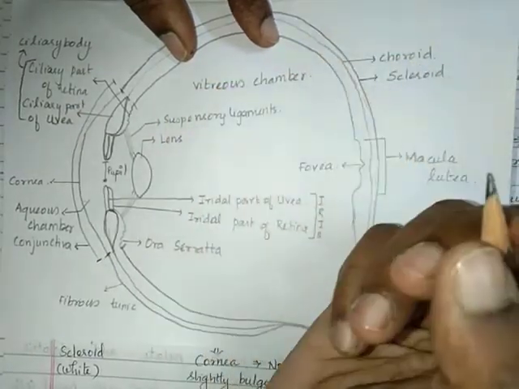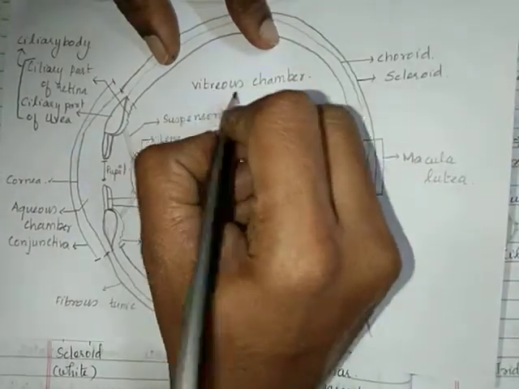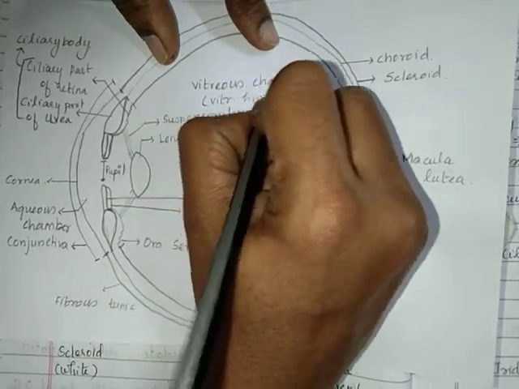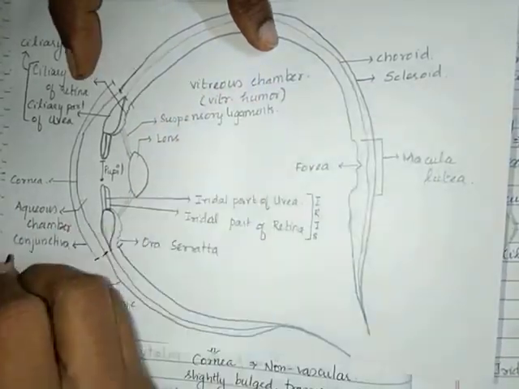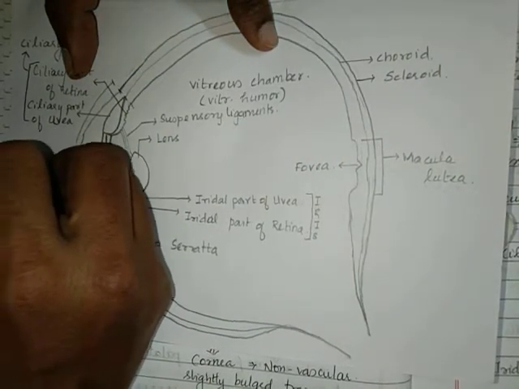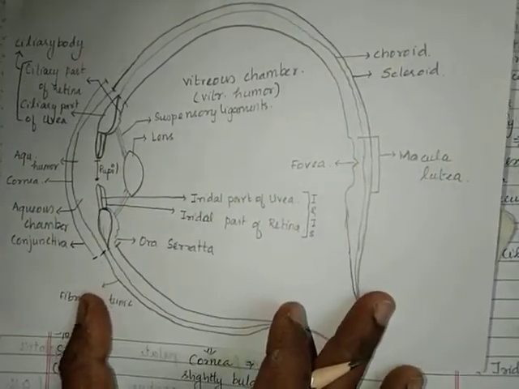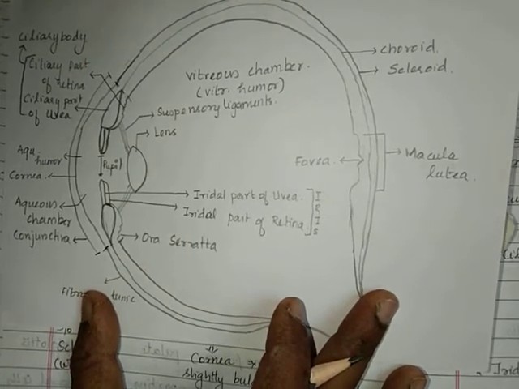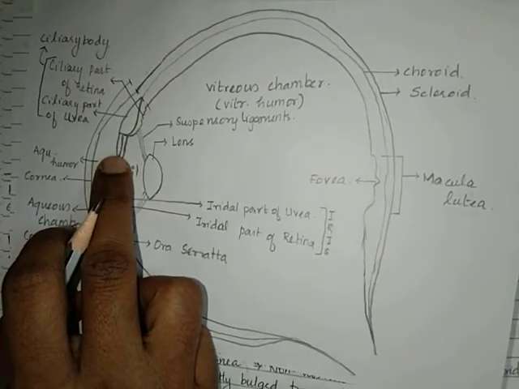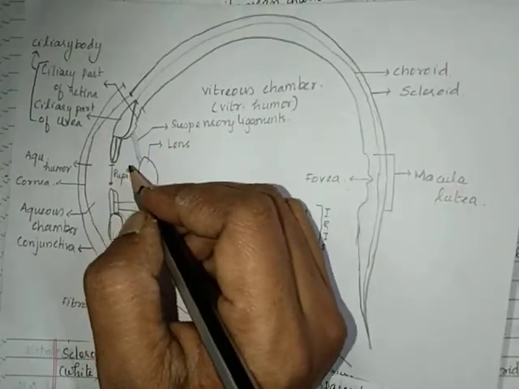The compartment is called as chamber, and these 2 compartments are filled with liquids. Vitreous chamber is filled with a liquid called vitreous humor, and aqueous chamber is filled with a liquid called aqueous humor. Aqueous humor is produced continuously by the cells present in the eye, and with this continuous production it is going to be in excess, and after a particular time there will be no space to hold it. So this has to be drained.